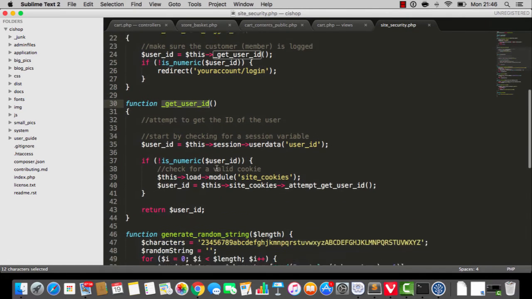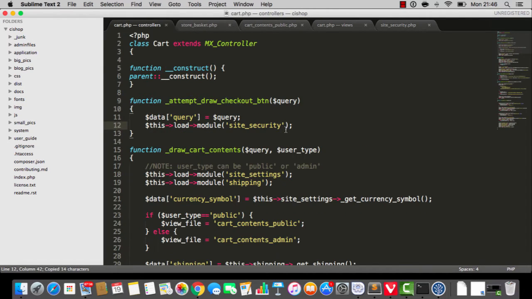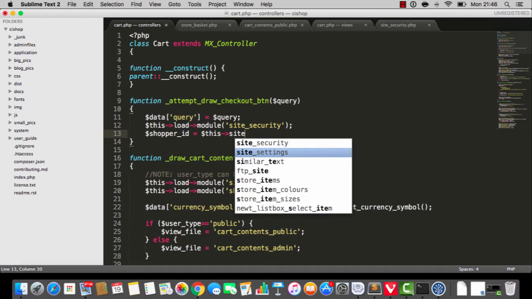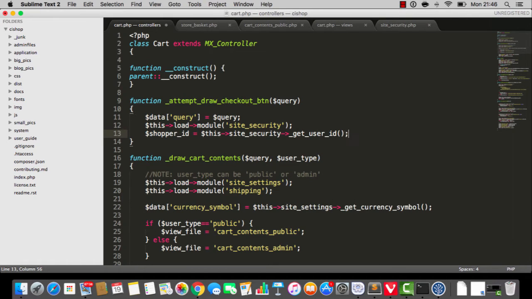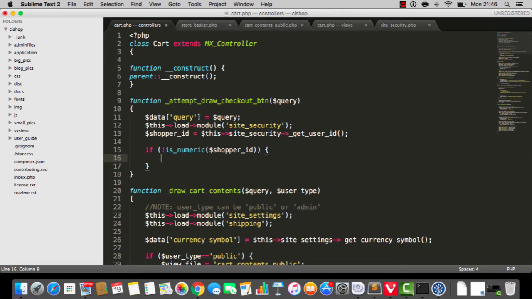And then I'm just going to go on and open site security and give you a little reminder of what's happening. Do you remember this vibe, get user ID? Okay, this is checking to see if the customer has logged in, right? So check this out. What we're going to say is shopper ID is this site security get user ID. And then I'm going to say if, now this is the coolest vibe in the universe, if not is numeric, do not blink because this is cool, right? If not is numeric shopper ID, then I'm going to say this